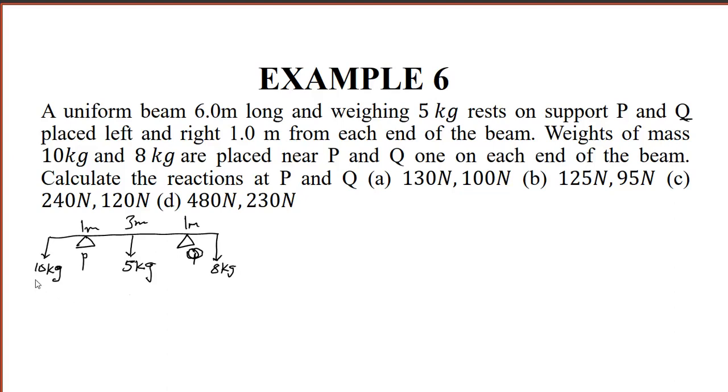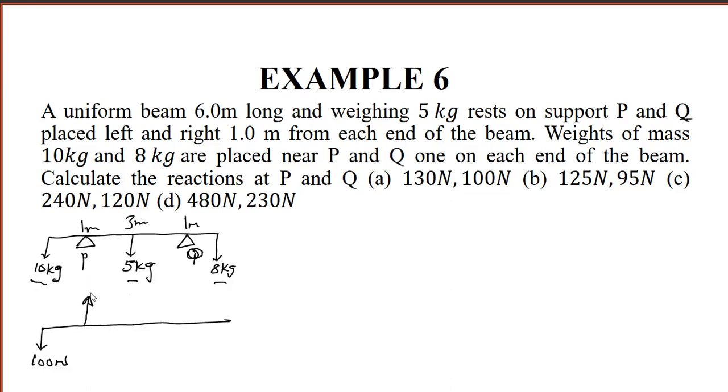In this case, the masses 10 kg, 5 kg, 8 kg are the what? Action. While the reactions at P and Q will be the reaction. So since the actions are coming down, the reactions will go what? Up. So we convert what now? Every mass to weight. So we will have a weight of 10 kg is 100 Newton. So when you multiply 10 times 10,